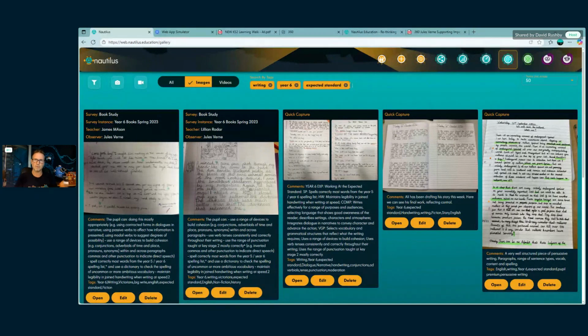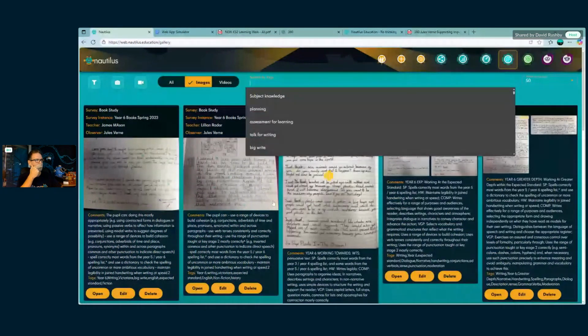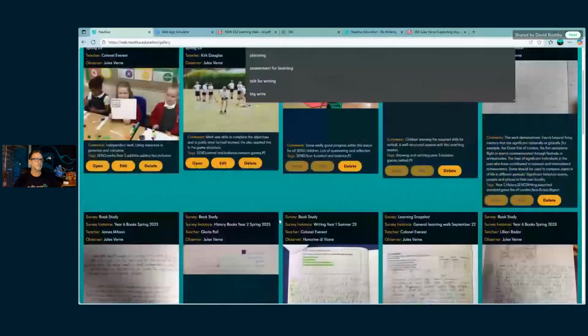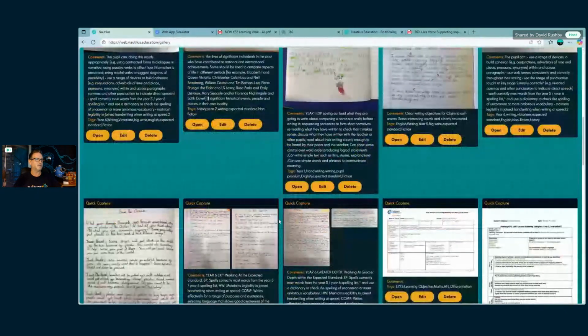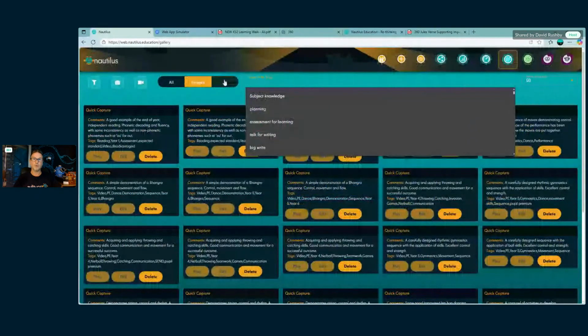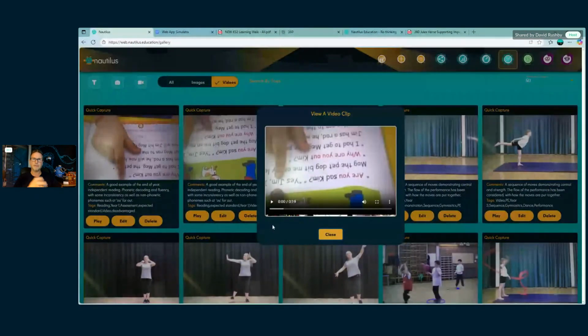So we could see what English looks like. We can see what it looks like for disadvantage. We can look at the expectations and outcomes. Reading, not to mention, with the video is a wonderful way to share content as we start to use video samples as well to look at what the outcome should look like at the end of the year and so on. So this one is a really good example,